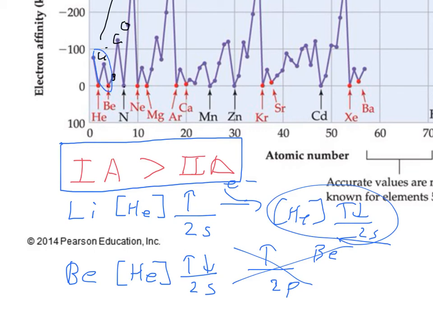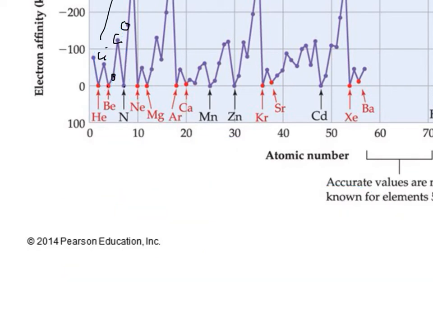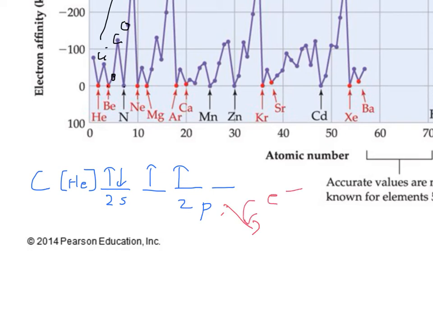Look where we see our other hiccup, carbon to nitrogen. And this time it's going to have to do with that half-filled subshell, just like we had that half-filled subshell issue with ionization energy. If we look at carbon, carbon is helium, 2s2, 2p2. If we give it an electron, or it buys itself an electron with electron affinity, then we have